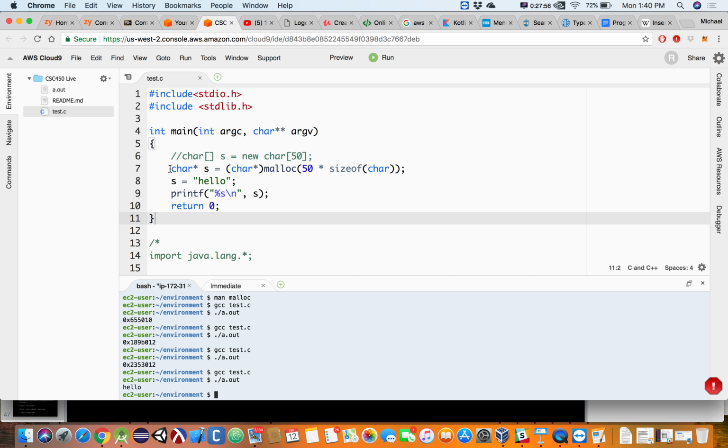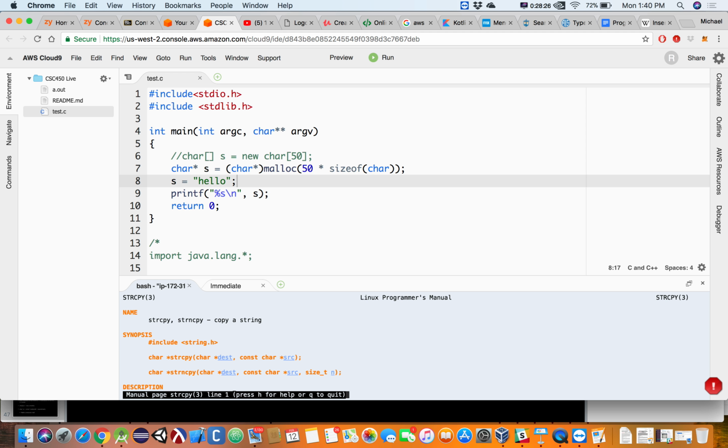So notice that my char pointer called s was just assigned the result of allocating a bunch of memory. Base address of that guy. And then I went ahead and I put hello into that, which went ahead and did the \zeros and stuff for me. This actually would not have worked in a very old version of C. We would have had to use something called string copy. So if I do man